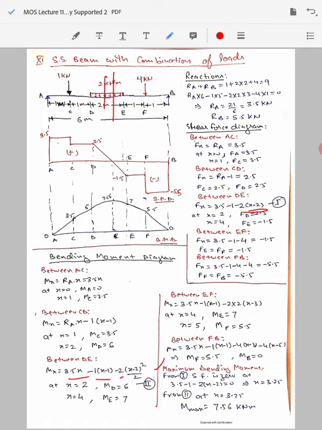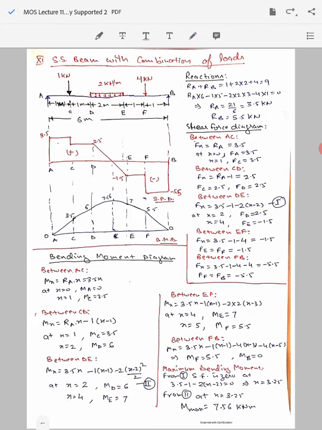So we can always assume this uniformly distributed load as a point load for the purpose of calculating moments. So it acts exactly at the middle of that span. So the span was x minus 2 meter, so it is acting exactly at the middle, so it will be x minus 2 by 2, and the force was 2 into x minus 2, so that's why you get this term of 2 into x minus 2 by 2 whole square by 2. Now you can evaluate it at the span's both ends, x equal to 2 and x equal to 4. So that gives you the bending moment values at the ends as MD equal to 6 and ME equal to 7 here.